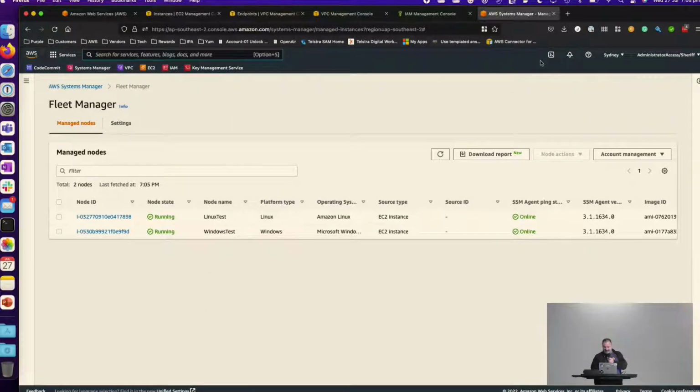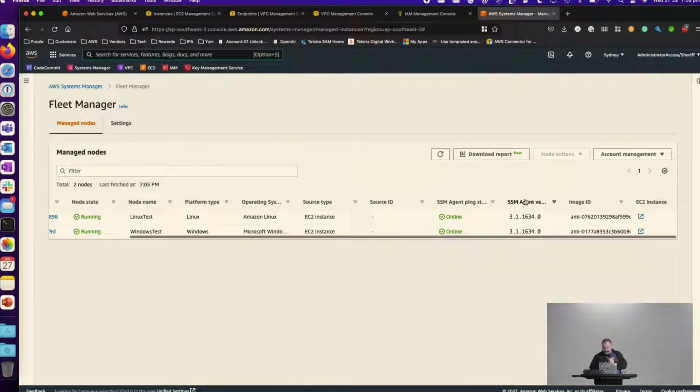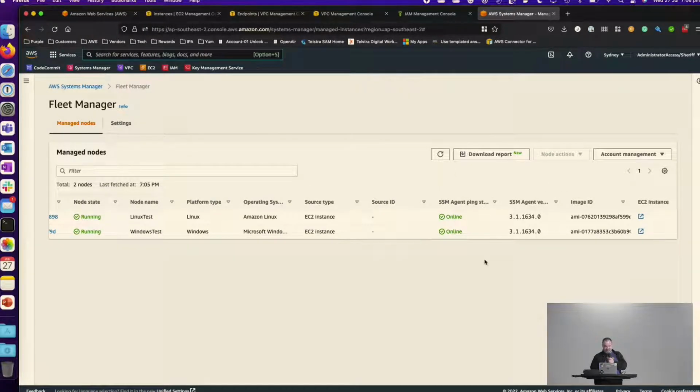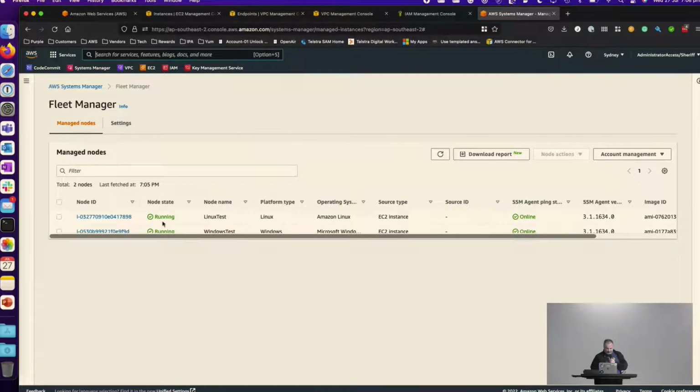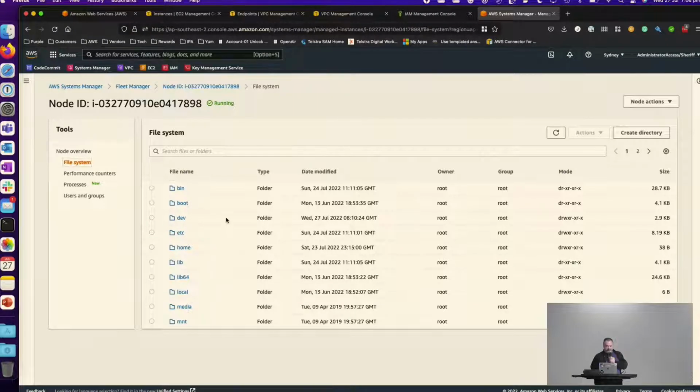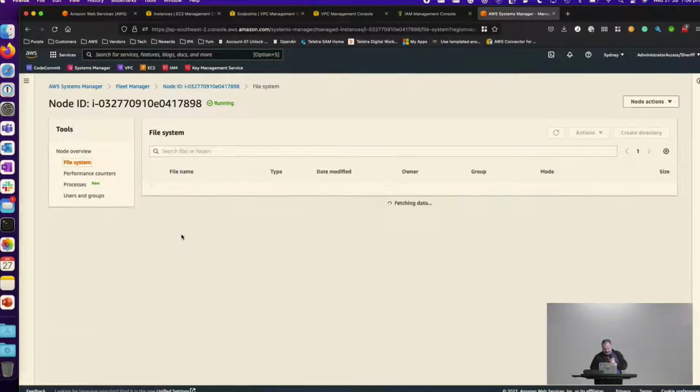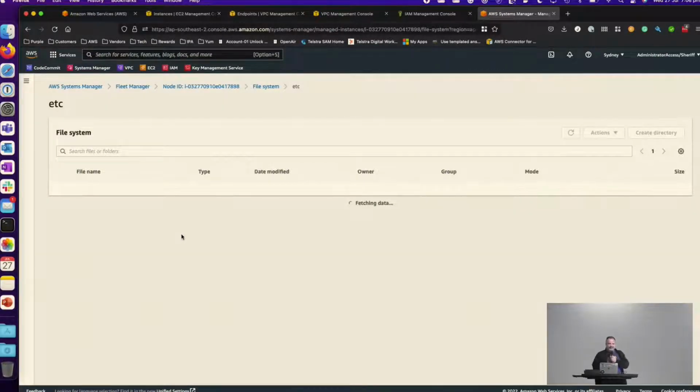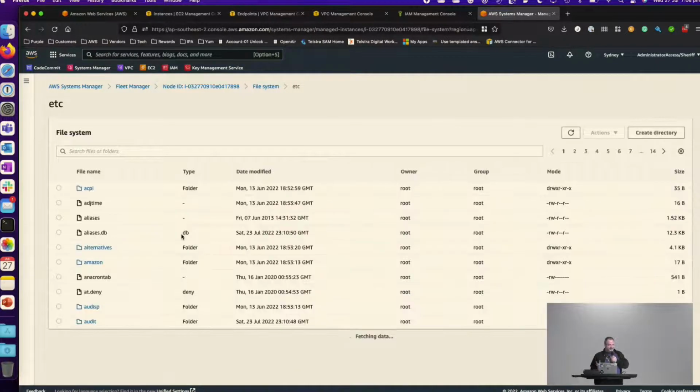And hey, awesome. So, as I said, this is the initial screen when you have your Fleet Manager, so you can see your instances. And across here you can see the agents online and the version of your agent. So, let's just jump in Linux. And bingo. You can search through and browse your instances. So really handy if you've got a whole fleet of servers that you want to go to. There's no more having to jump onto a jump box. As you saw, there's no outside connectivity for these servers, so you don't need a jump box or a workspace. Just jump straight in and browse through,